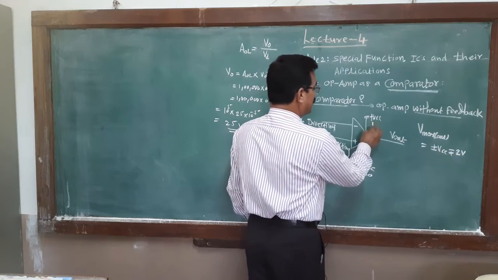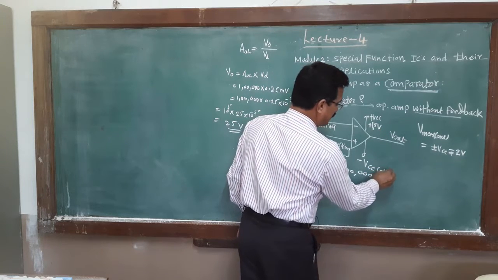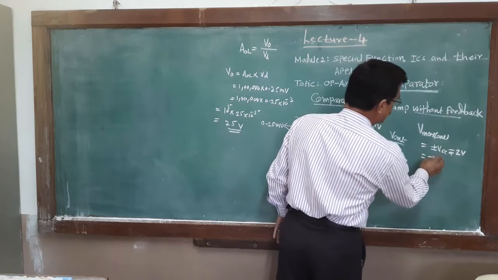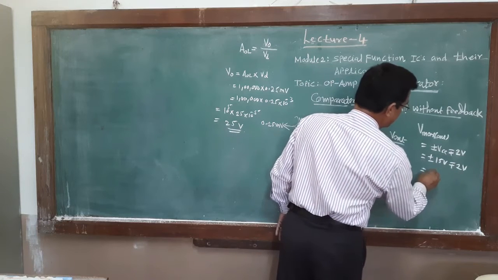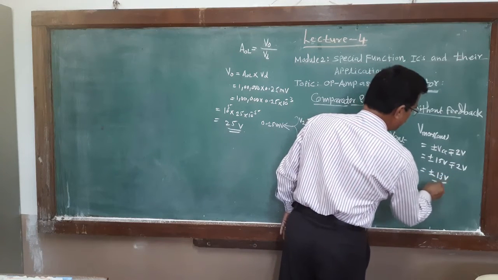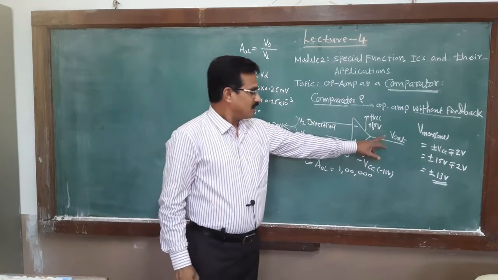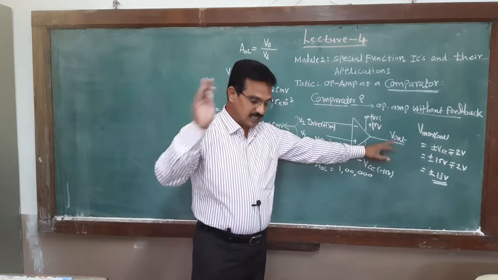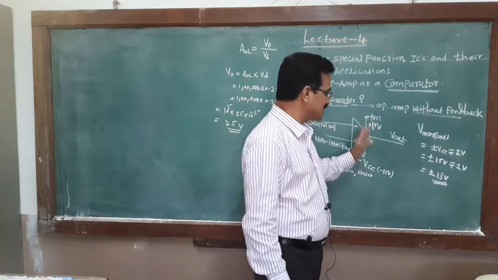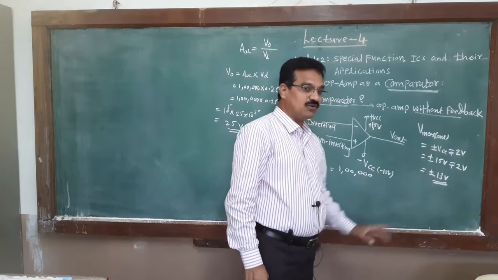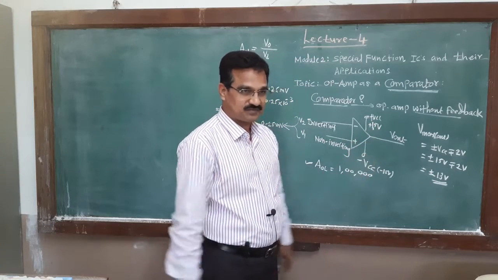If suppose plus 15 volt is used here, and minus 15 volt is used here, that must be equal to plus minus 15 volt minus plus 2 volt, that is plus minus 13 volt. This is the output voltage. Means the maximum output of the operational amplifier we call the saturation voltage, and that saturation voltage is generally plus minus 13 volt if the power supply of plus minus 15 volt is used.